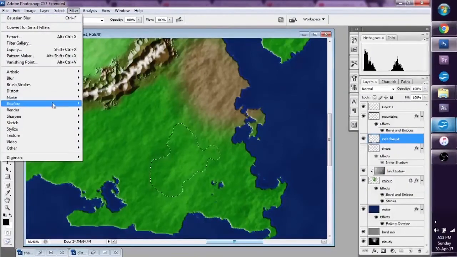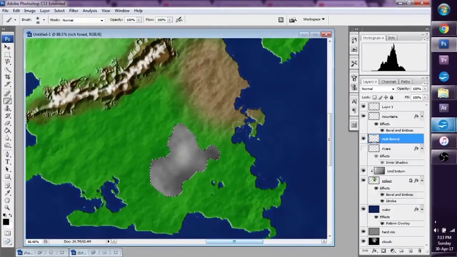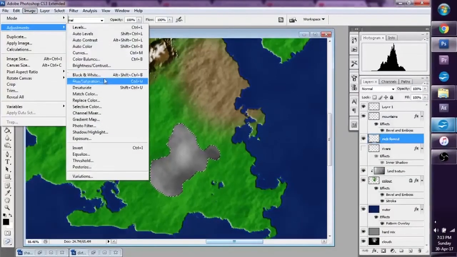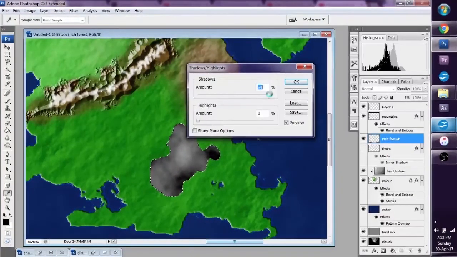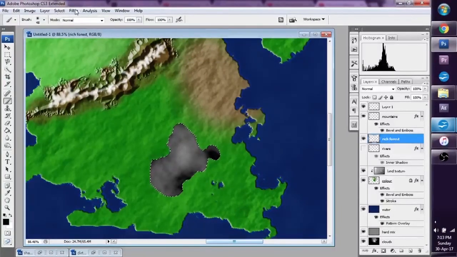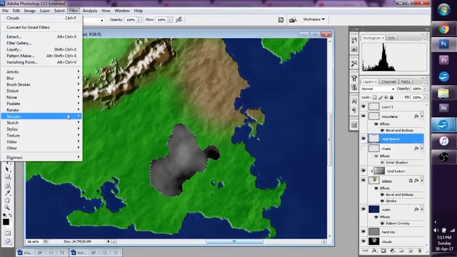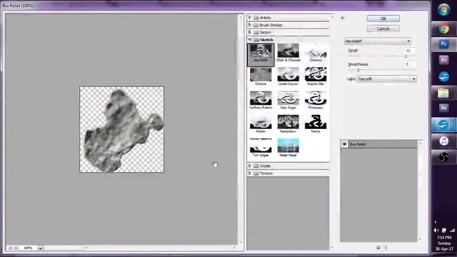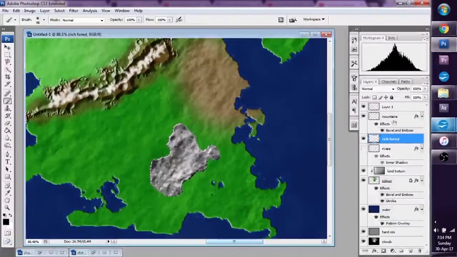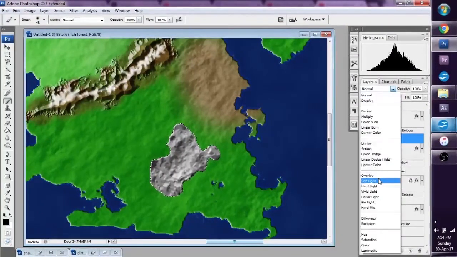filter, render clouds, and then once again we go to image, adjustments, shadow highlight, so adjust the amount of the shadows and adjust the amount of the highlights. We can go to filter, again we'll go to sketch and bas relief, and that looks pretty good, pretty dense. Press OK, change the blending mode to soft light,